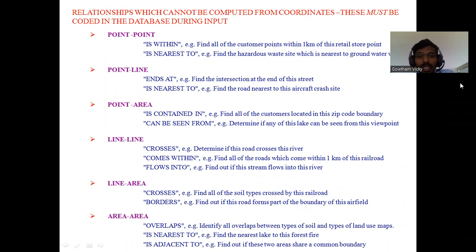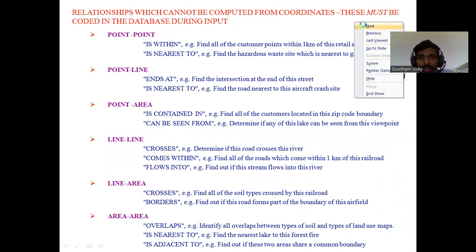Then find all of the roads which come within 1 kilometer of this wild road, and find out the stream flows in this river. Then for line in area, find all the soil types crossed by these wild roads. Then find out the road forms, what are the boundaries of this aircraft. In this, the identification of overlaps between the types of soil and types of land can be mapped. Then find out the nearest lake to these forest fires, and find out these two areas